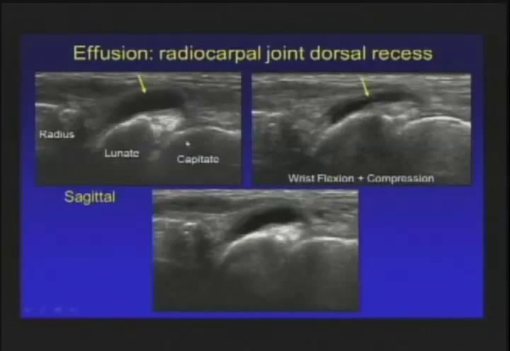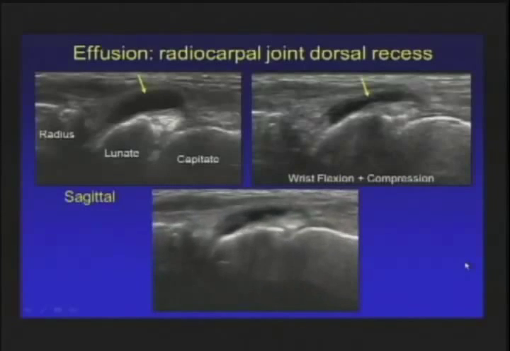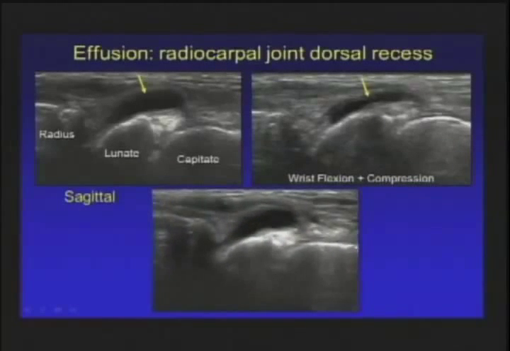Here's a long axis view. Here's radius, lunate, and capitate. This large joint effusion is only in one joint. Now these 3 joints are separated from each other by ligaments and other structures, so they are indeed separate structures normally. And usually with these joint recesses, if you move the joint, flex and extend, you can see that these